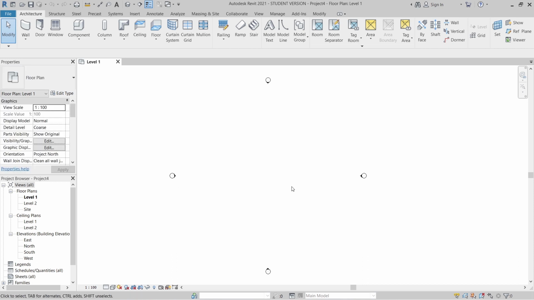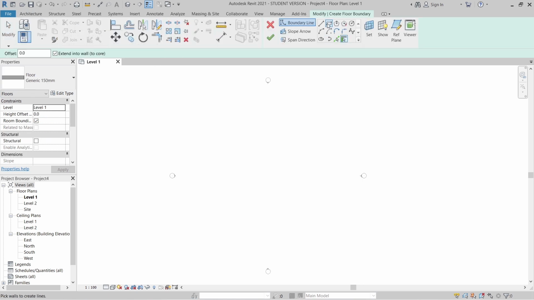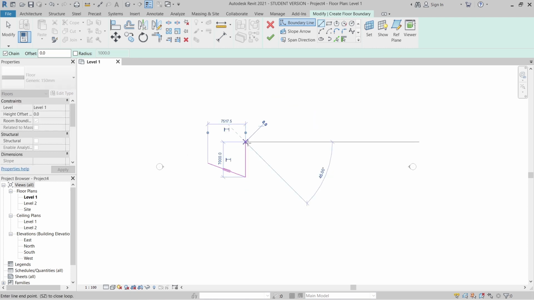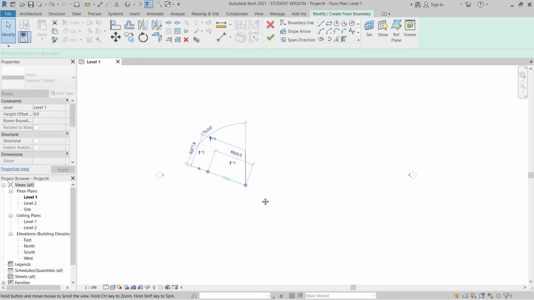What we need to do firstly is add some floor, and we draw some kind of triangle shape. I'm going to my architecture tab here, go to our floor. Simply use our line here. Start from the first point and make it about 8 meters. Make sure here is only 20 degrees, as you can see here. Then continue, make this one straight. Hit escape. Select my line here.